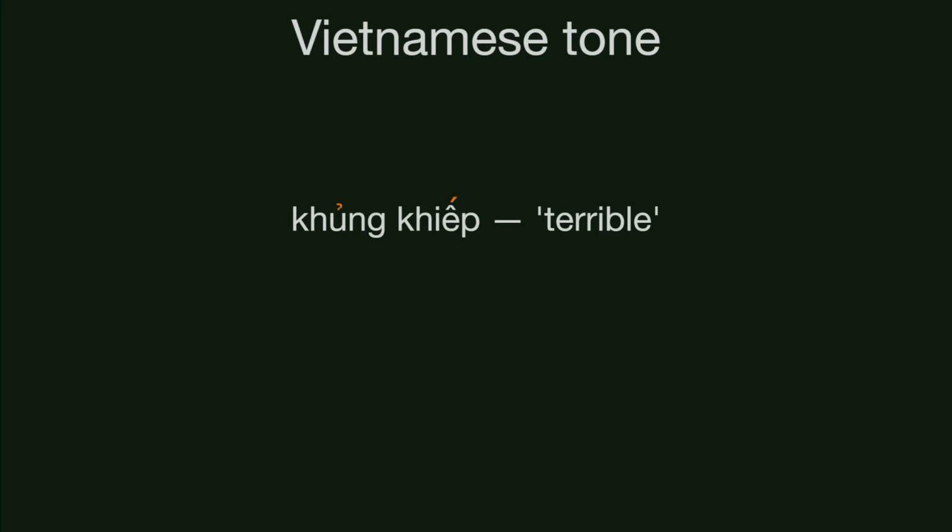But what's kind of strange is that this word is spaced out as if the 2 syllables were different words. And this is a writing convention that exists in Vietnamese, where if a word is multiple syllables long, then each syllable is written out with a space in between. Now, this writing convention has caused a lot of confusion surrounding Vietnamese, because some people have seen this and said,